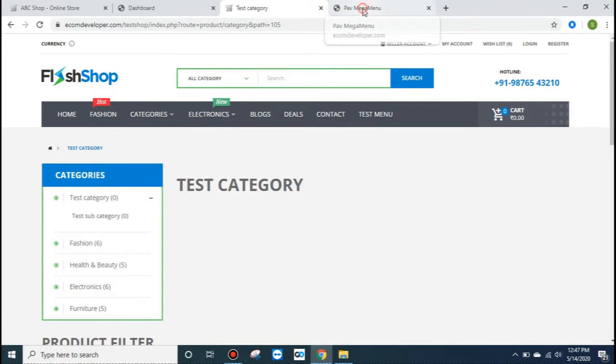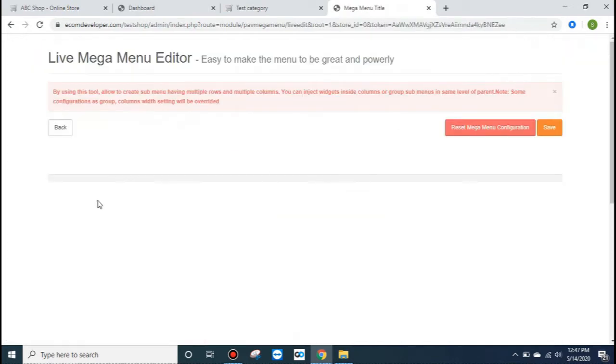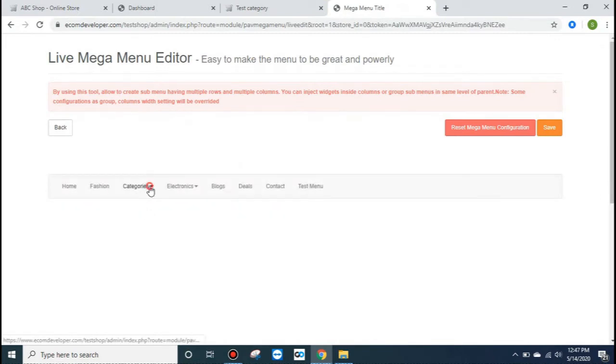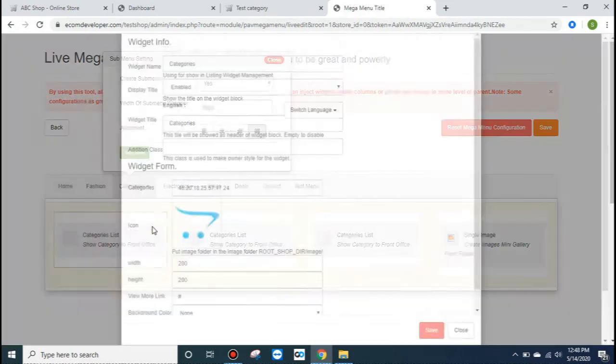So go to the mega menu and click on live mega menu editor and click on category, and you need to study these settings. Okay, so you can study these settings like create sub menu. Yes, you can define the width of sub menu wrapper, you can define the alignment, and after that you need to study the settings of these widgets.